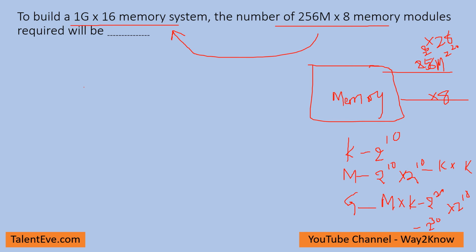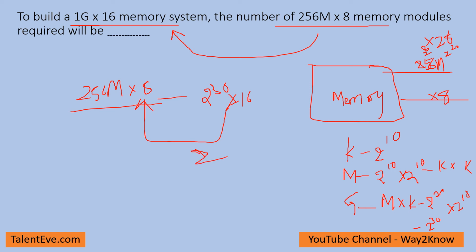Now what is given is 256m into 8 memory locations. Using this we have to form 1G. 1G is, as we discussed, 2 power 30 into 16. Okay, so here if you see these two, 8 and 16, that means additional buses are required. So 2 data buses of 8 bit can be combined to form 16, whereas this is